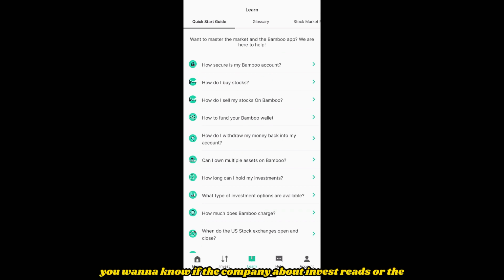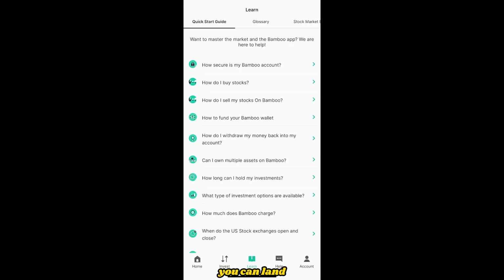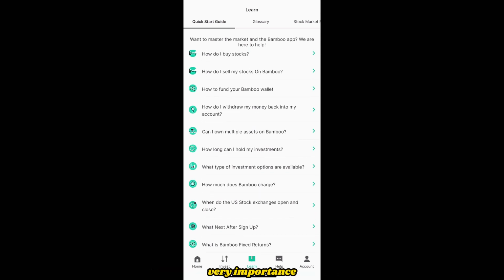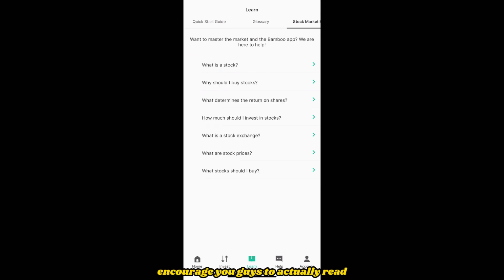You want to know if the company you're about to invest with, or the medium you're about to invest through, is actually secure. So you can read about that over here. It's very important, and it's a very good guide for you. You can also see the glossary over here. We have stock market basics, you can learn a lot of things over here, and we have beyond the basics as well. It's very important, and it's actually nice, and I would encourage you guys to read all this